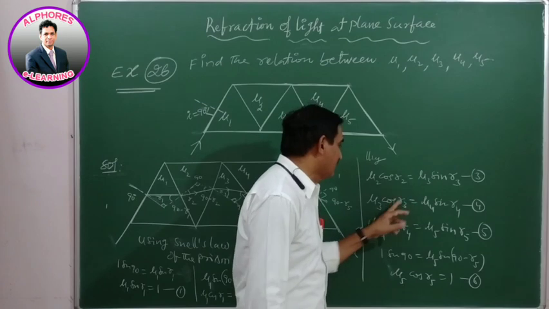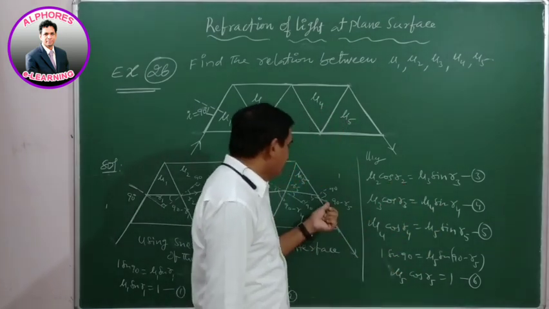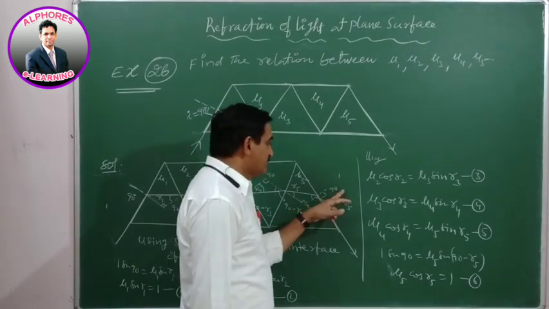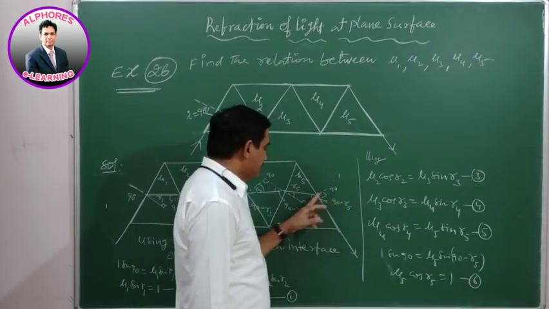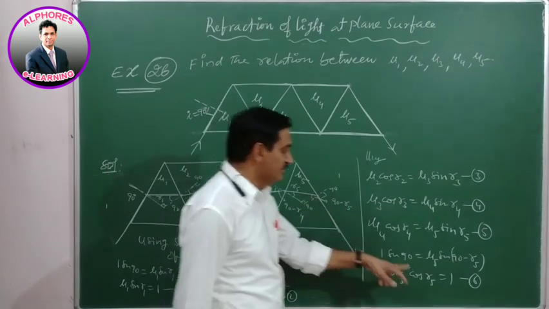Cos, sin, cos, sin, cos, sin, like that. And finally, outside, 1 sin 90 is equal to mu5 sin (90 minus R5), that is mu5 cos